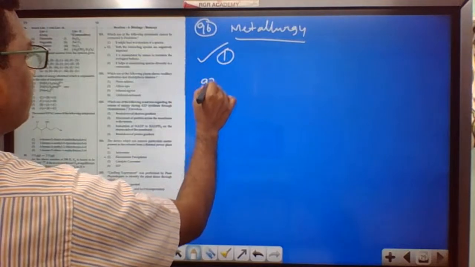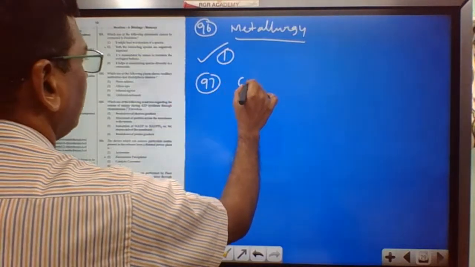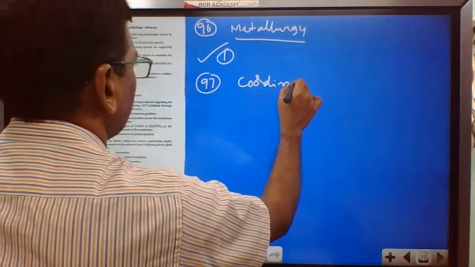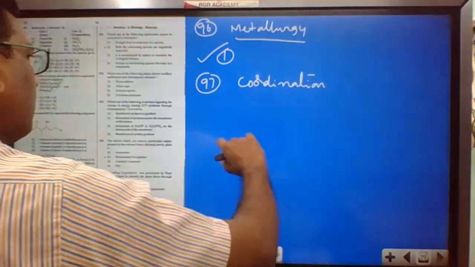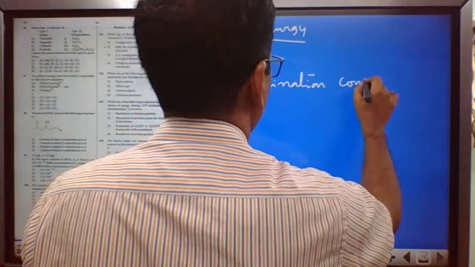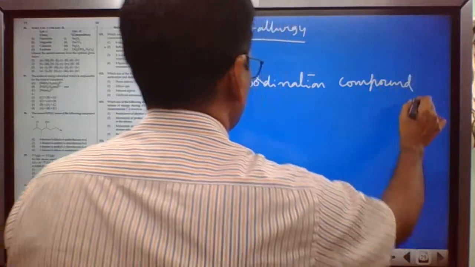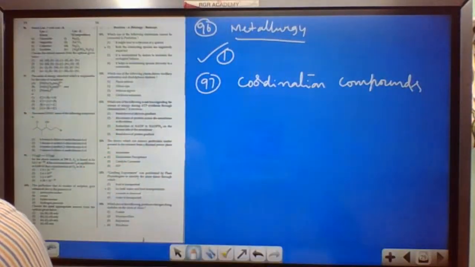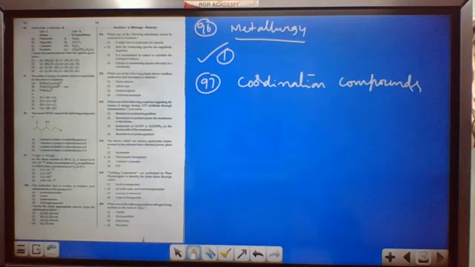Then 97, this is given from the coordination compounds. Already I told you, coordination compounds, they gave two questions. One is already given, that is nomenclature. In that you see the order of energy absorbed, which is responsible for the color of the complex. As the number of strong field ligands increases, energy absorbed will